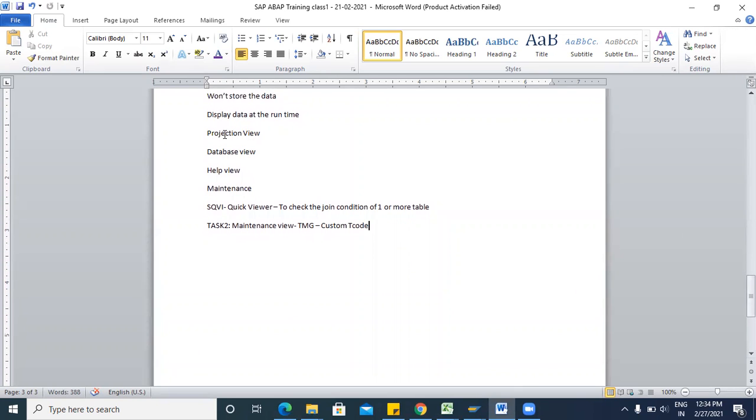So we will work on all these views: projection view, database view, help view, maintenance view. So now I have explained to you about the maintenance view, how you are creating the maintenance view. Let me explain the difference also, the difference between